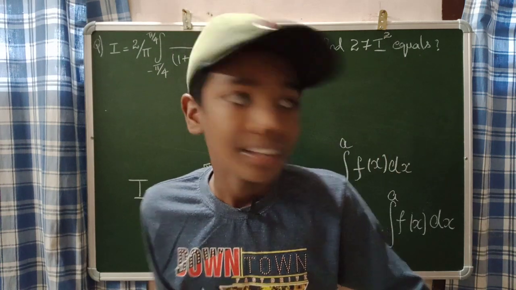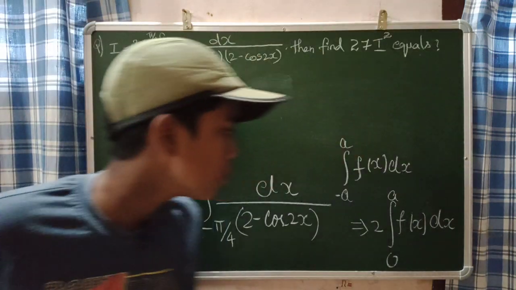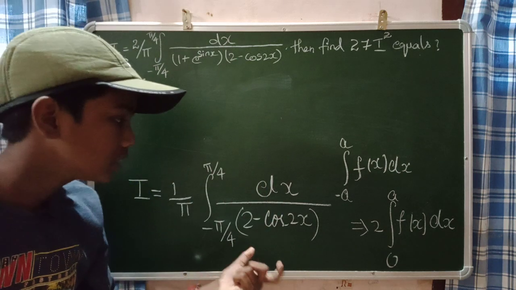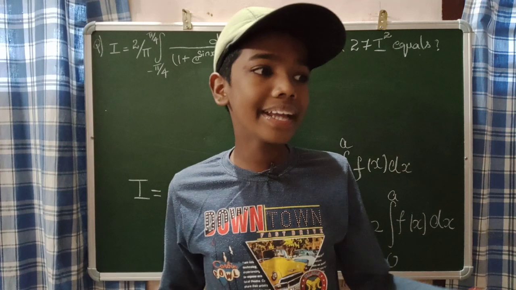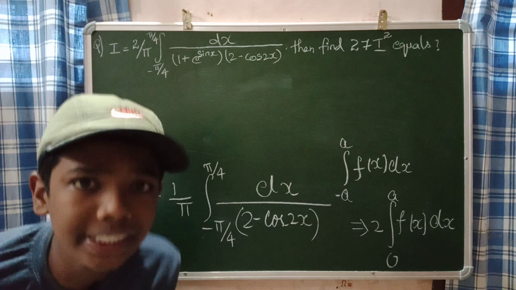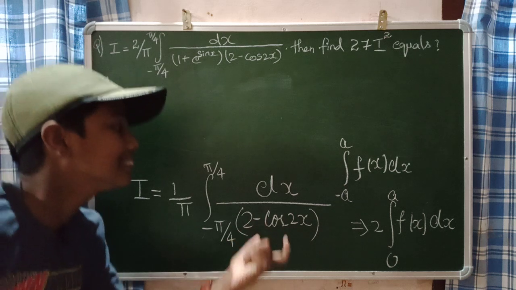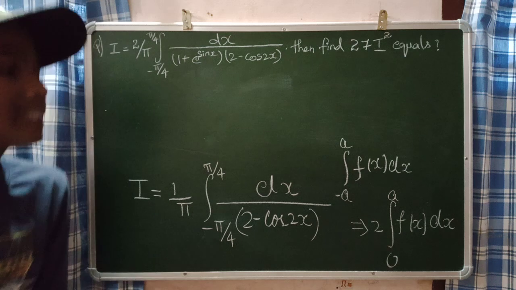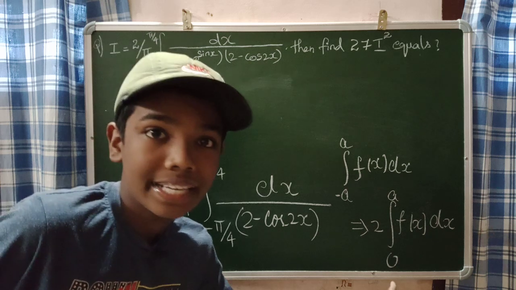Do you guys get that? This property holds only when f of x is an even function. Now, is this an even function? Yes, because cos of x is an even function, right? How is cos of x an even function? An even function means f of minus x should be equal to f of x. Here, cos of minus 2x is cos 2x only, because cos of minus theta is always cos theta. So this f of x is an even function, because cos 2x is an even function. Cosine is always an even function, and if it's an even function, I can use this property.